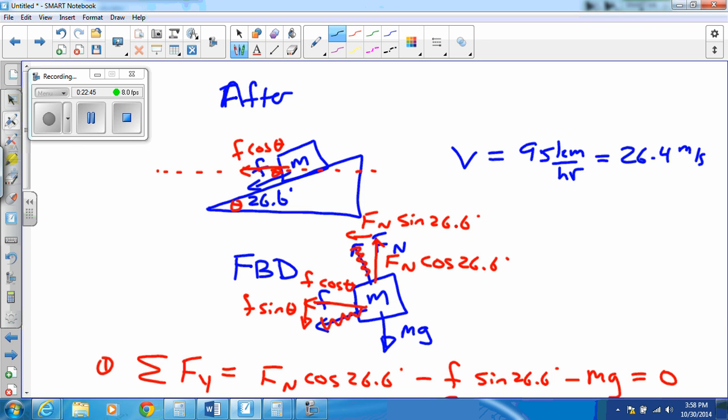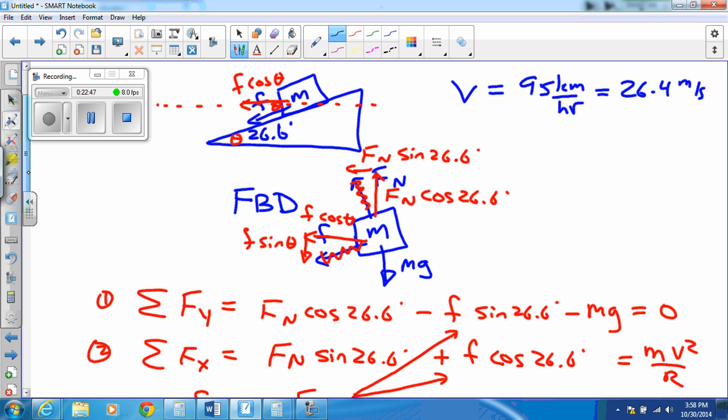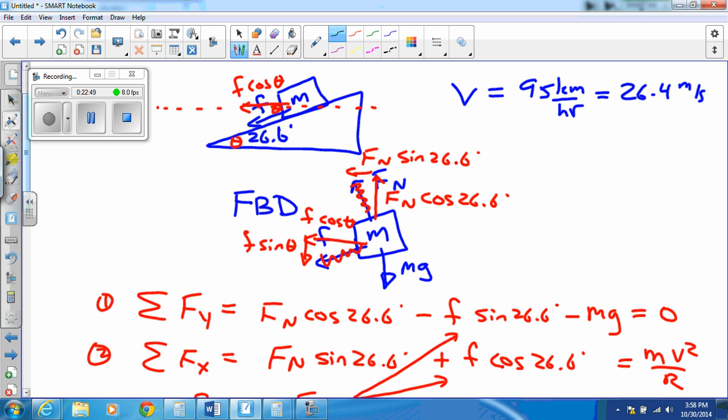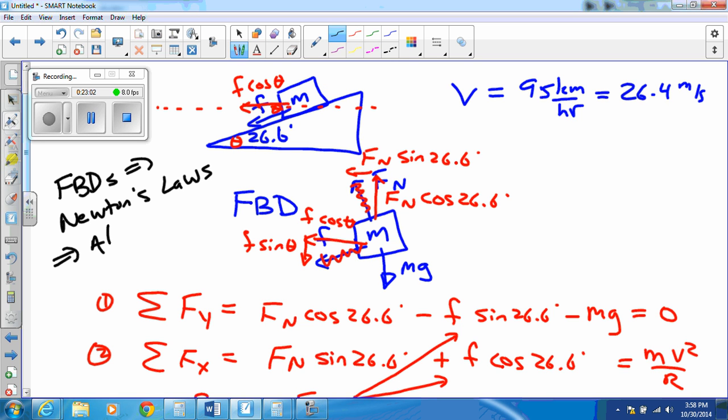Now this was a fairly involved problem, and so we wonder, should I be able to do stuff like this? Well, think of this as a stretching kind of exercise. It's pushing the limits of what you can do a little bit. But it ultimately came down to free body diagrams, followed by Newton's laws,